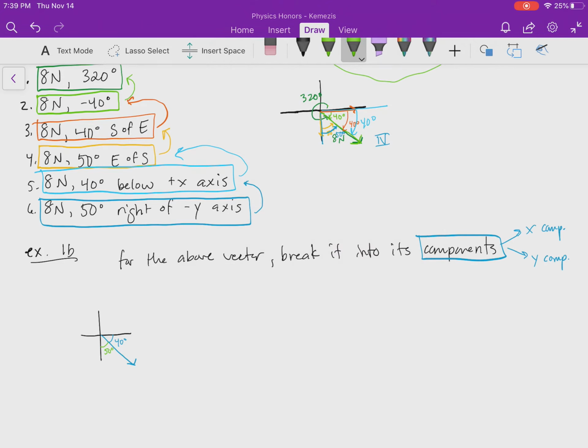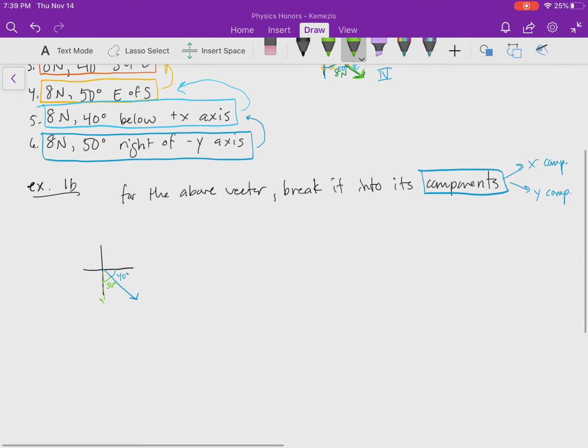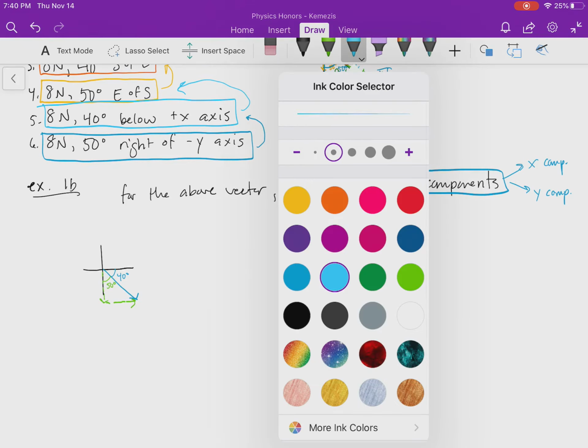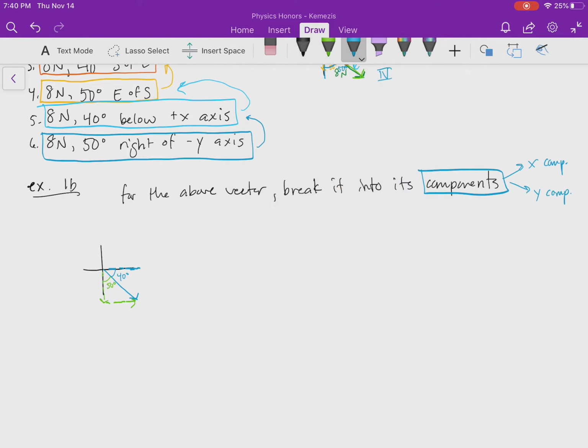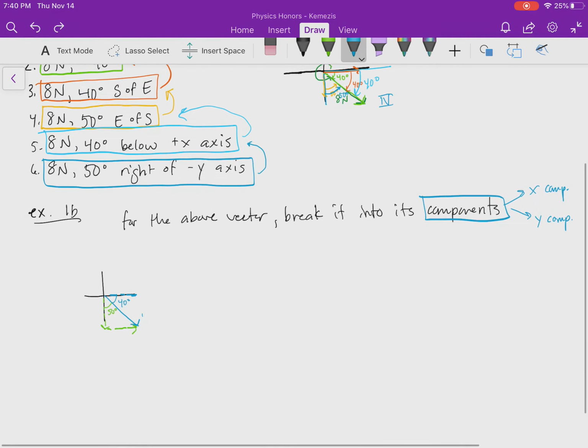What it changes is this. If I do the green triangle, here is the y component, here is the x component. If I do the blue triangle, here is the x component, and it's not drawn to scale, so I'm sorry about that. I'm pretty bad at drawing to scale. Oops, lost the vector. So here is the x component, and here is the y component. And what you're noticing is you're changing your adjacent versus your opposite side. So if you were to find this over here, which we'll call blue, the blue y component compared to the green y component,